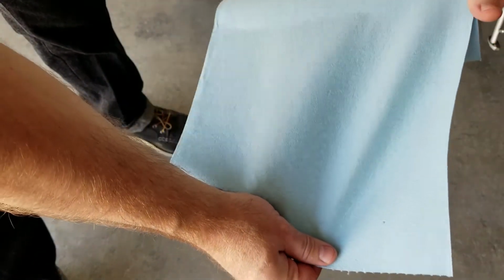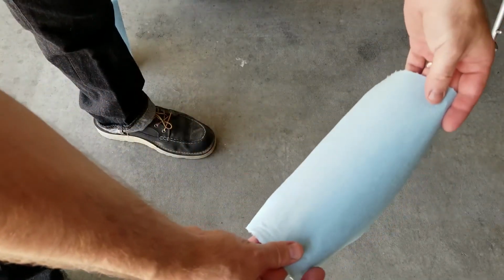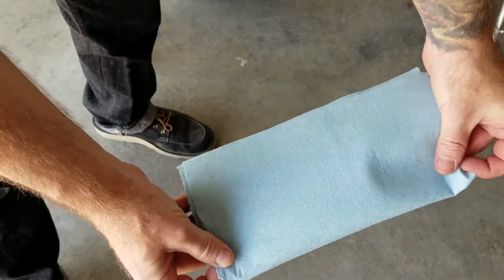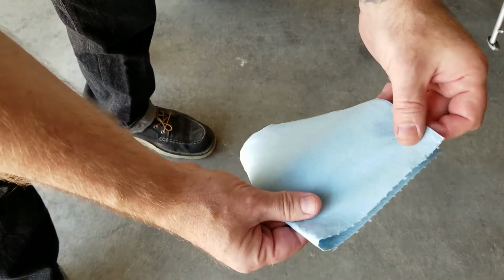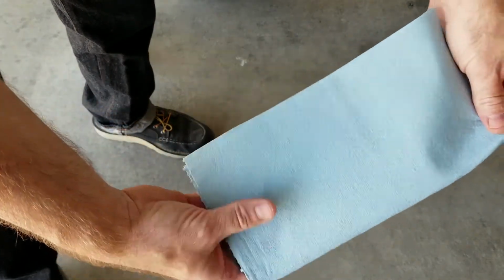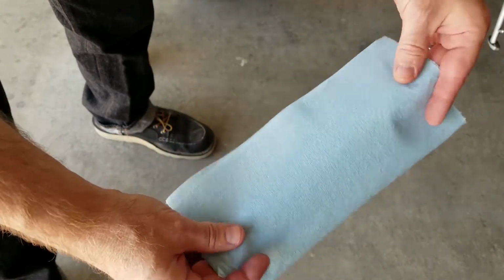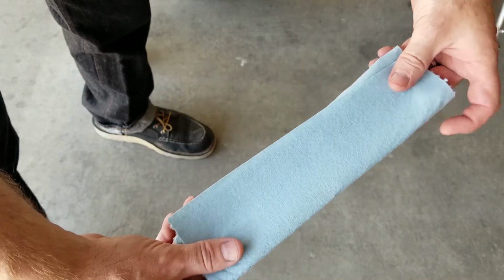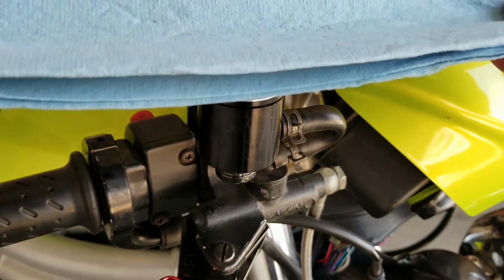Alright, just tear yourself off a shop towel, and we're going to start by folding it in half. It doesn't have to be perfect, the corners don't have to be perfect, it just has to have some sort of function. Once you fold it in half, we're just going to fold it the long way one more time. Just fold it tight, and then just set it up against the reservoir. I'm just going to fold this one more time,